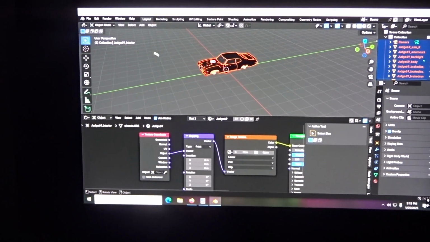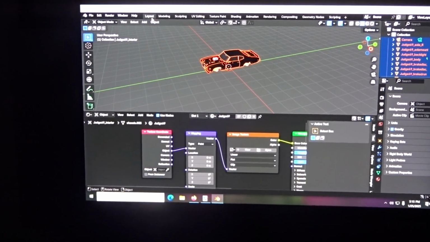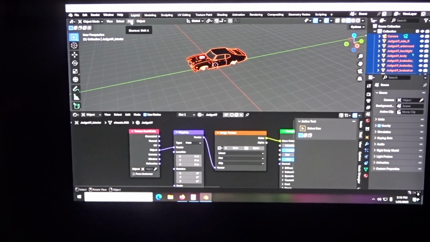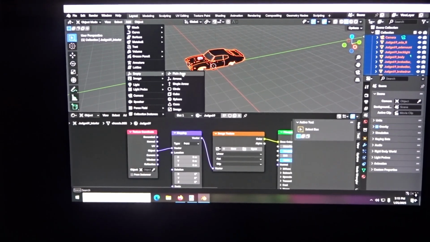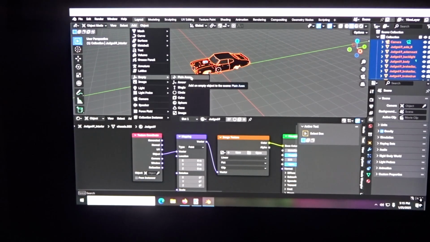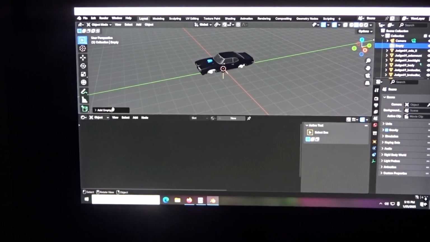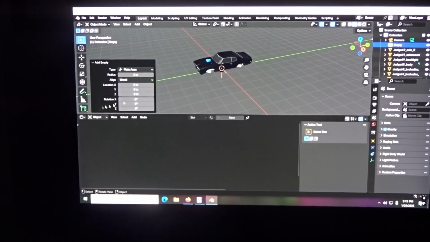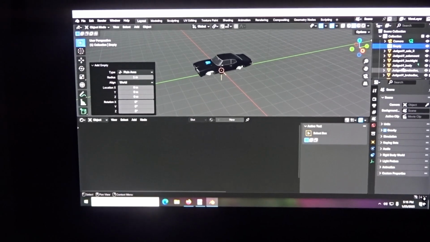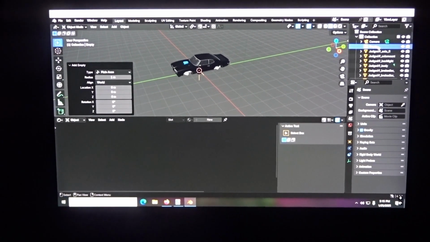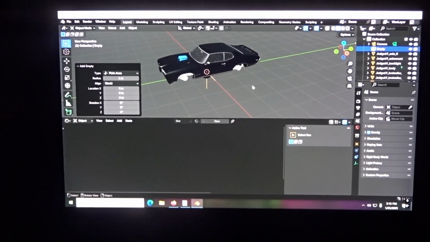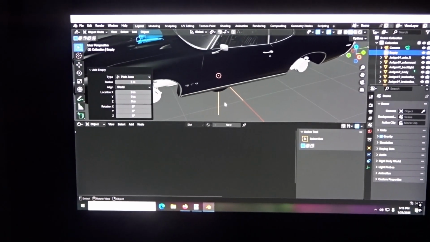Next we come up into this pane and we'll go ahead and click the add button, and then we're going to click empty and then plain axes. You'll see this popped up. You'll also take note over in the right hand corner here we have an empty. So if we zoom in, you can see